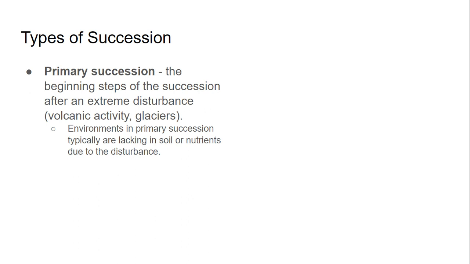So these environments that are in primary succession are typically lacking in soil or nutrients. So, for example, if I have volcanic activity or something that occurs, let's say out in Hawaii, as the volcano erupts and the lava is flowing everywhere, it is going to kill off every living thing really in its path. And that leaves little soil or nutrients to be able to start growing and sustaining other life. There's also very low species diversity. So that means that we don't have a whole lot of life due to the fact that there's not a lot of soil, plants, or anything else to sustain much life.